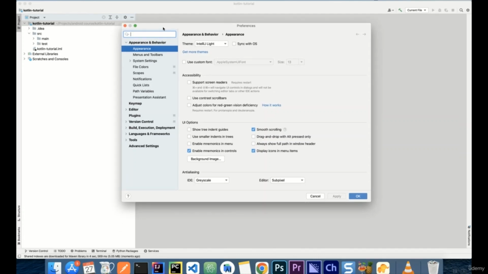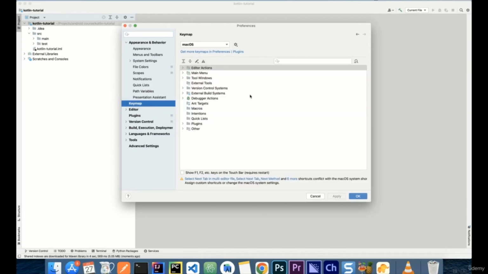I just wanted to show you one option, and that is the key map. The key map is very useful because it shows you the keyboard shortcuts that you can use while you are developing. And at the beginning, you may not use a lot of them, but as you go through and learn development and work with this environment, then it will become very useful to perform some operations with the keyboard rather than with the menus up here. All the options are in the menu, but it's easier with the keyboard. So check those out if you like.